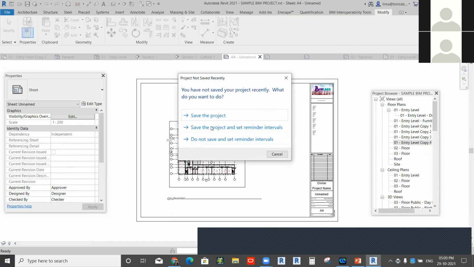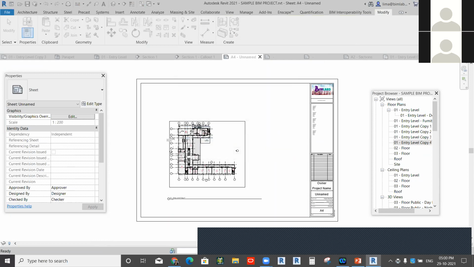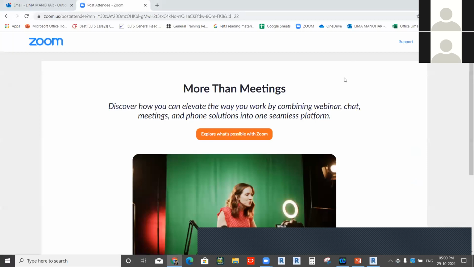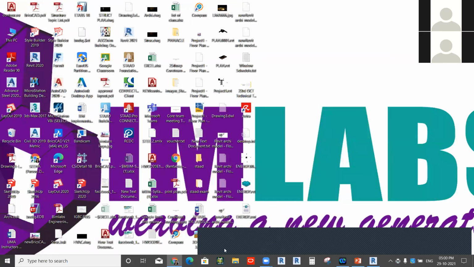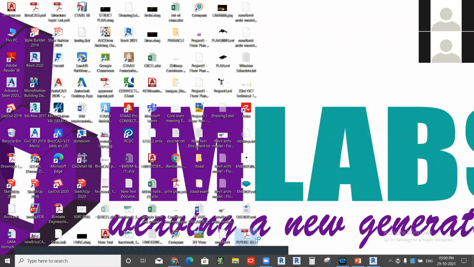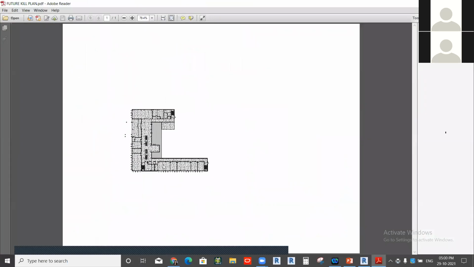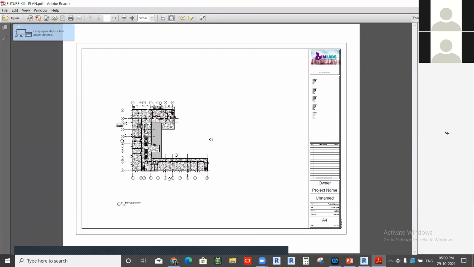So it will be exported as a simple PDF. This is your PDF.